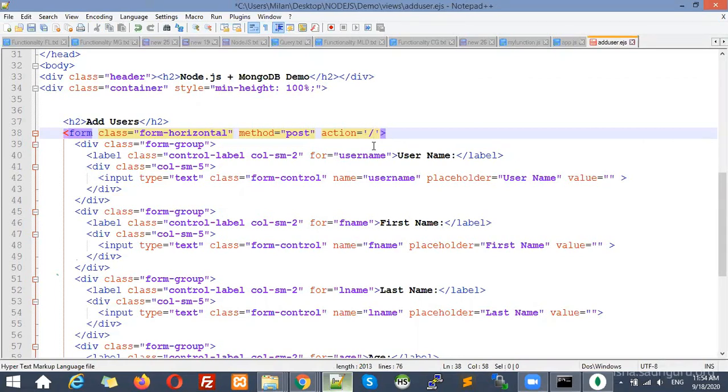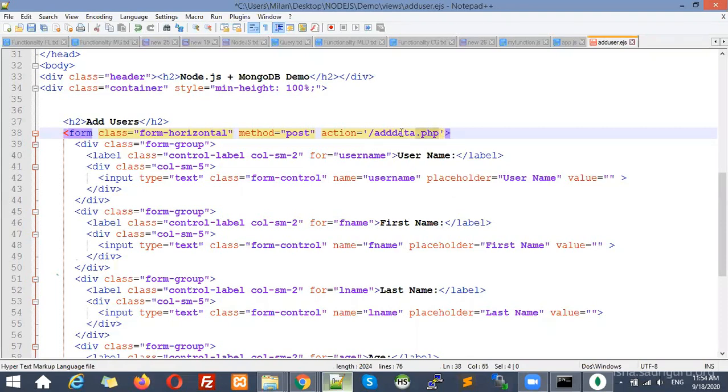For example, in PHP you are going to use something like add data.php, you are going to write something like this.